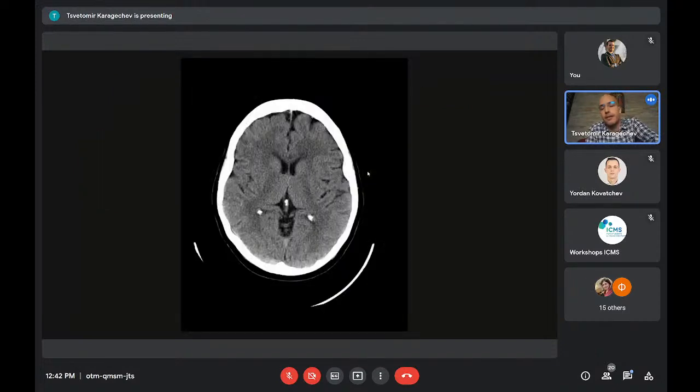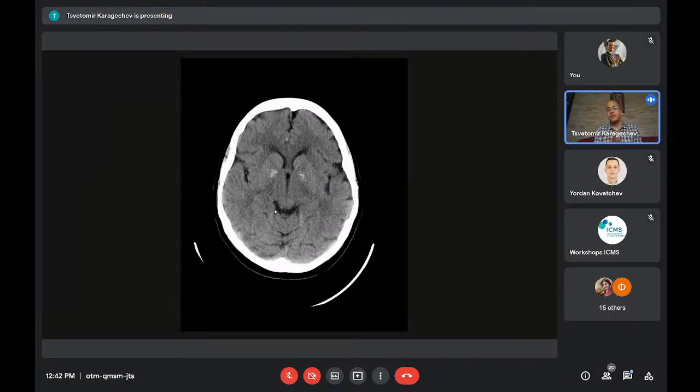This is a normal CT head scan. There is no pathology here. I just want to point out, exactly in the middle, this is a calcification in the pineal gland. You can see it's really round, punctiform. There is no associated soft tissue mass, so we don't worry about it. We see this all the time. Again, on both sides, these are calcifications in the choroid plexus, in the trigone of the lateral ventricles. Again, round, punctiform, symmetrical. We expect to find them there. We see them every day, and we are not worried.